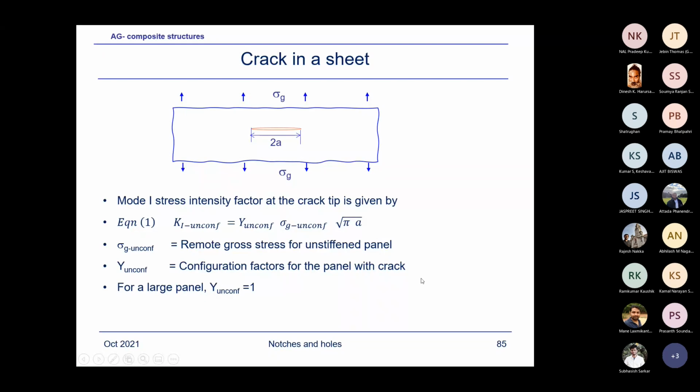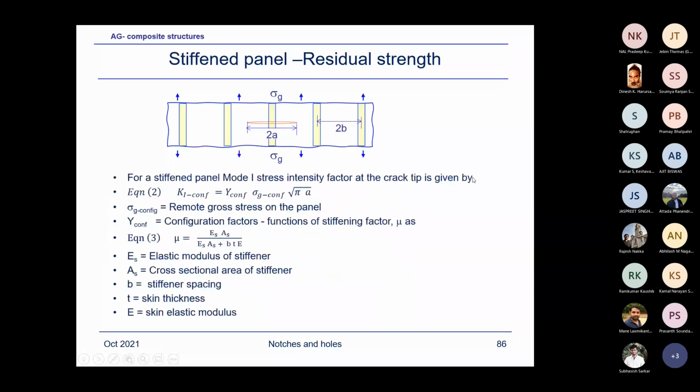Okay. I consider Y unconfigured as 1, because I'm considering this is my infinite plate, although there's nothing infinite. We are considering the width of the plate we are choosing is much larger than the crack length. Then we define the stiffened structure: the crack, and we have a central stiffener here,